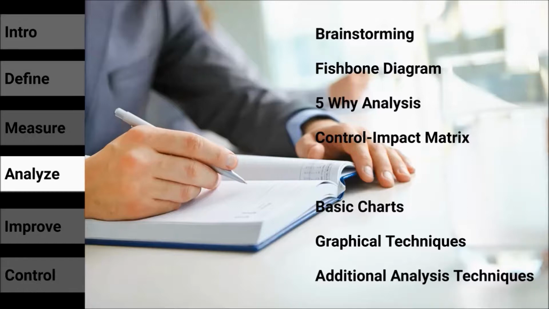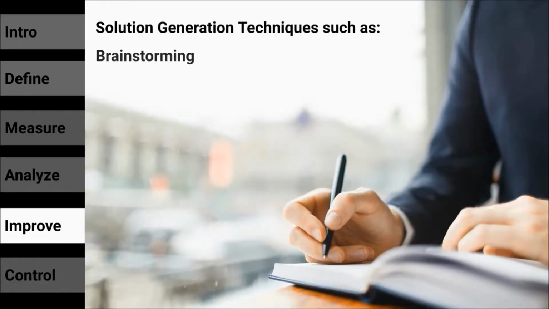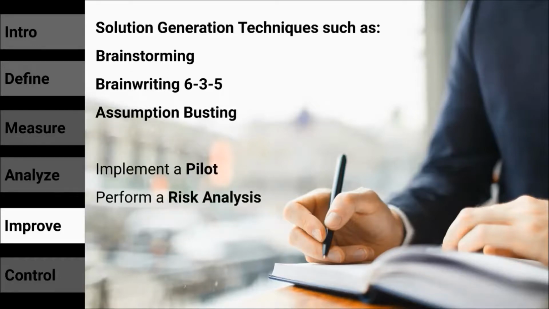After identifying the root causes in the analyze phase, you move to the improve phase to generate action plans and mitigate those root causes. You learn solution generation tools such as brainstorming, brainwriting 6-3-5, and assumption busting. You then implement a pilot, perform a risk analysis, identify the improved capability of your business process, then move to